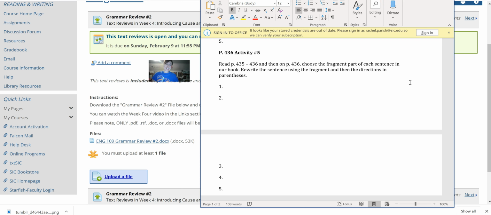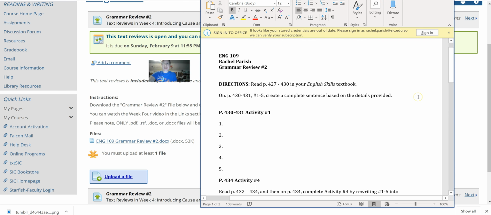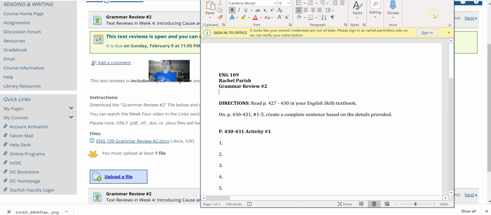Because fragment sentences happen a lot. And I think that in large part it's because of how we talk to one another. We often talk in fragments or in run-on sentences naturally. So when we actually have to go to the text to write it down, it's very easy to fall into a habit of writing in fragments because that just comes naturally to us. So I want you in this activity to be able to identify why a sentence is a fragment. What is it missing? And then you add that missing part to make it complete, if that makes sense. And our textbook talks about this as well. So that's grammar assignment number 2.